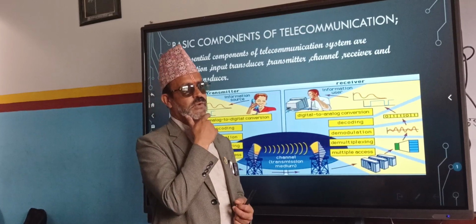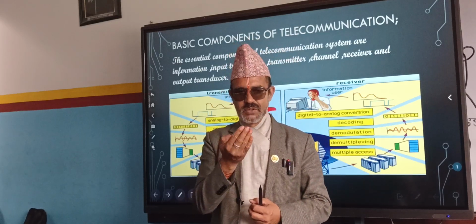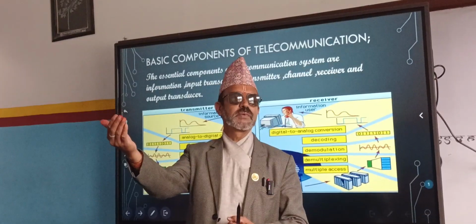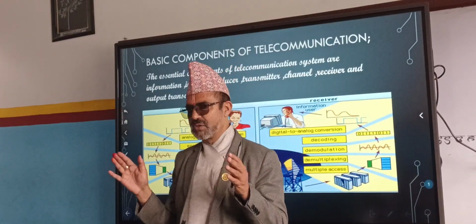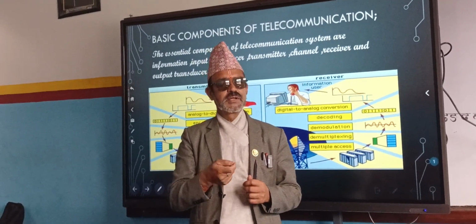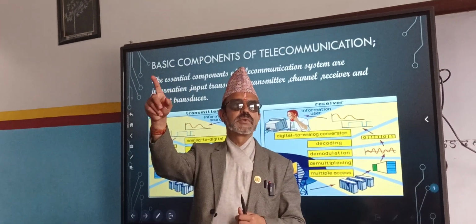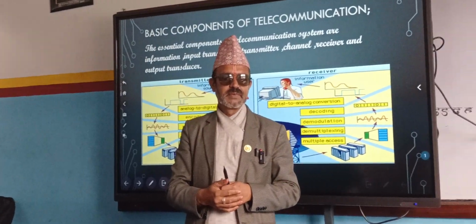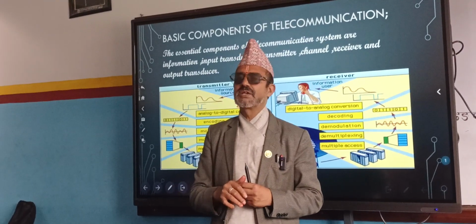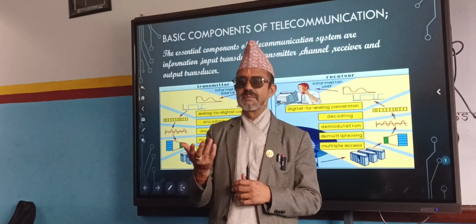Earlier, there was a system of fax. Fax was that system in which we could print the document in another place. There must be fax machine in both the places. Keep the document in one fax machine, and same document could be printed in another fax machine with the help of this telecommunication. There must be telephone and same thing printing.